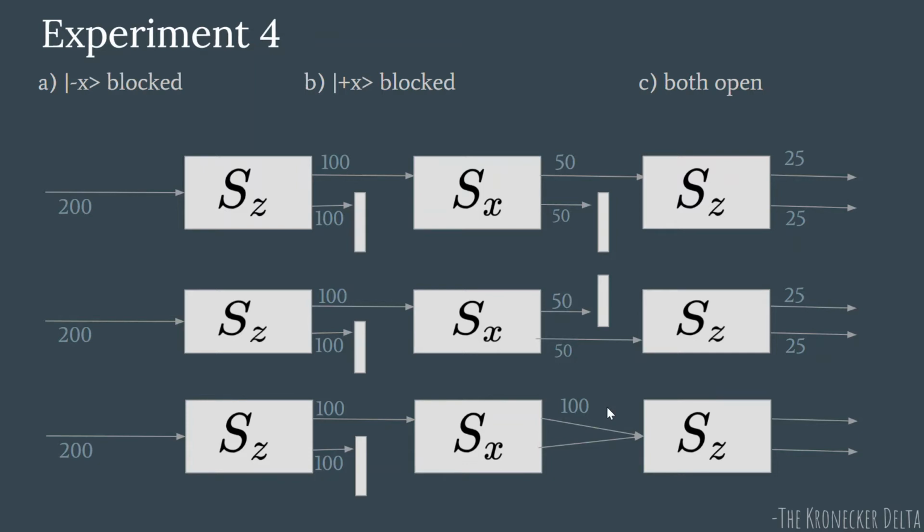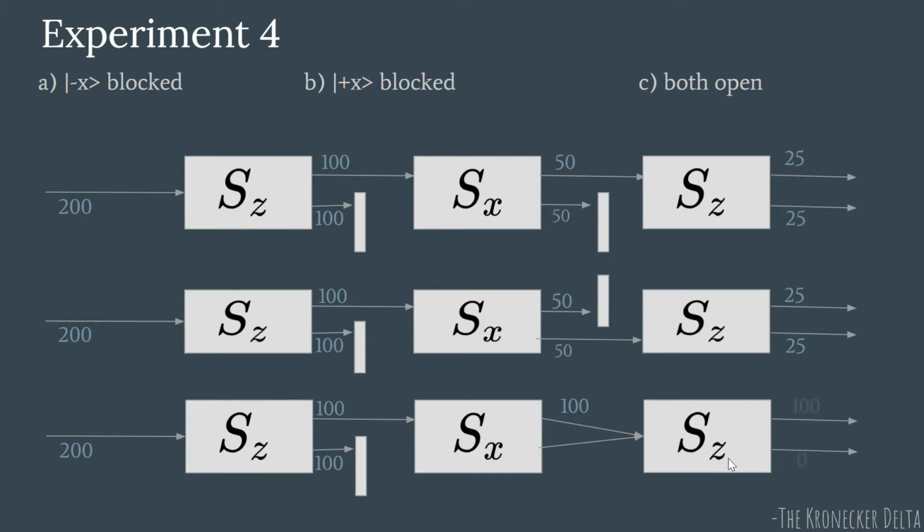What disturbance really means we'll understand in due time, but for now we need to understand that we perform no measurement here. We don't actually see if the atom is in plus X or in minus X. We just pass it through and feed the output to Sz without noting down the observations or the measurements. So here we are not disturbing the system. Then we ask what we will get after the Sz measurement.